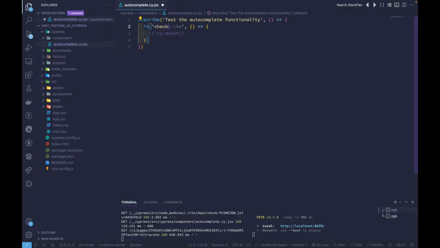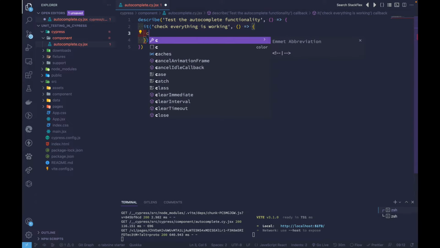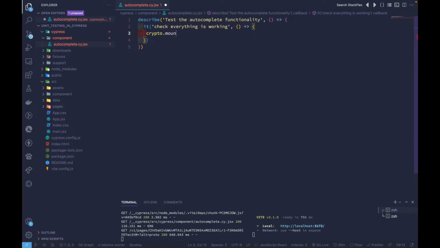First we could check that everything is working. All right, and after writing that, we could also use cy.mount. It's a function, sorry, not crypto, cy.mount, and we could mount this particular component that we created before, which is Autocomplete. So we will write Autocomplete, and we just get rid of that, and we definitely need to import